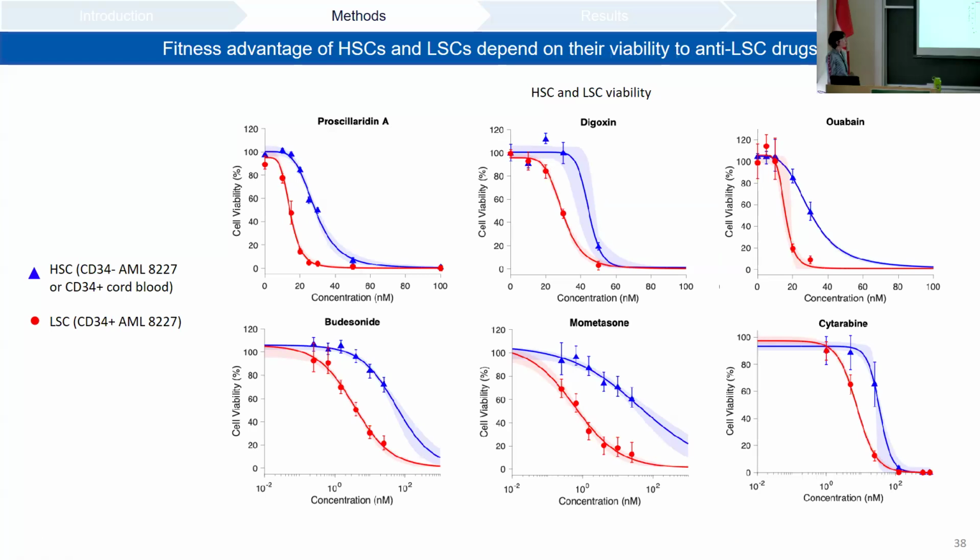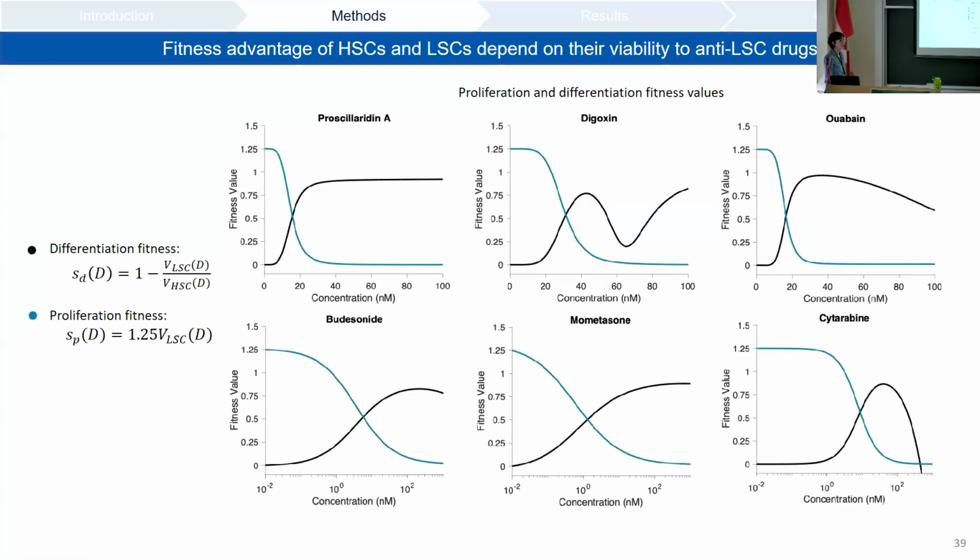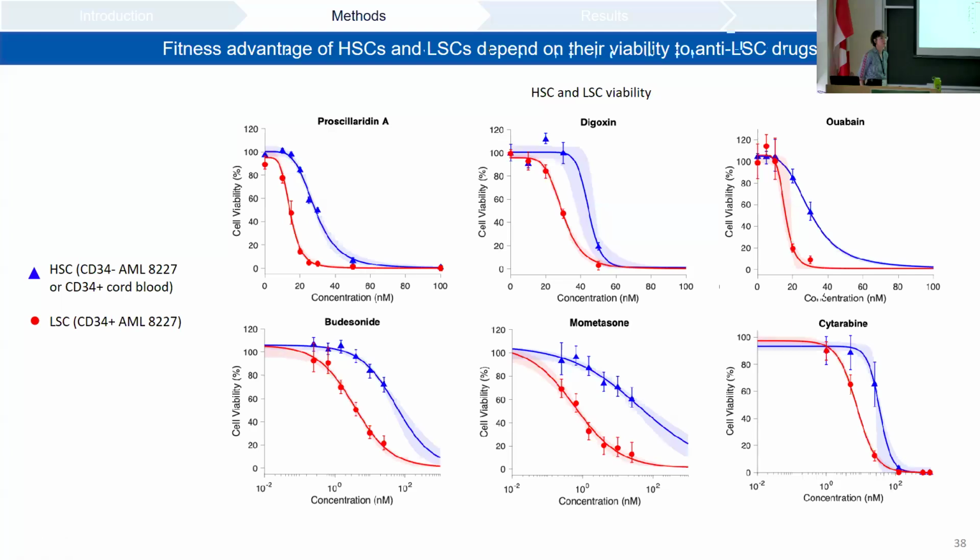So we want to also examine the efficacy of those drugs in comparison to cytarabine. So now that we have the viability of each of the drugs at any concentration,